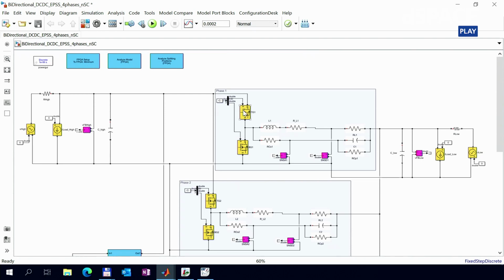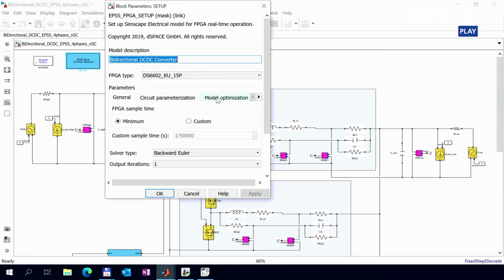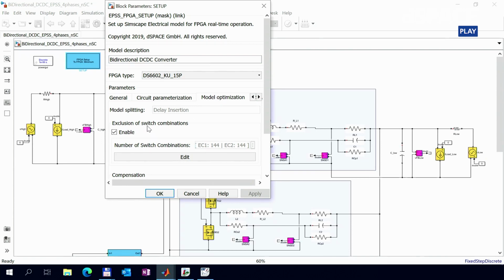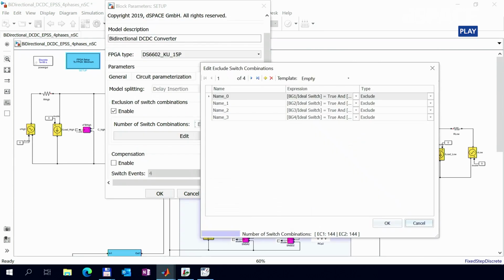But in many cases, different additional assumptions can be made for your model. In this case, we could choose as an example that no short circuits occur. So then the setup block gives you the opportunity to exclude switch combinations. This is the exclude switch combinations GUI.